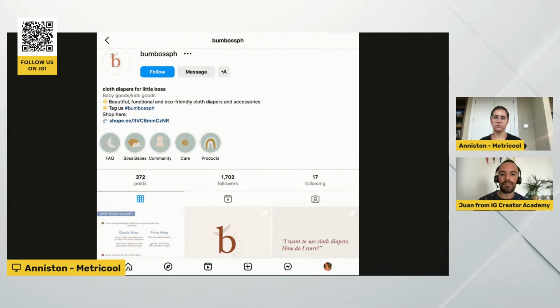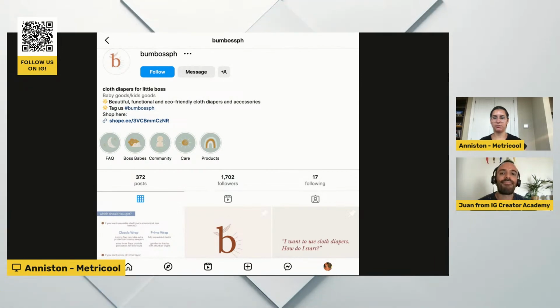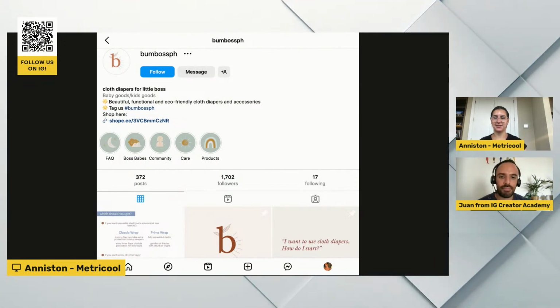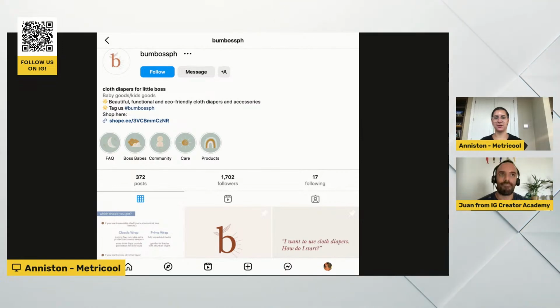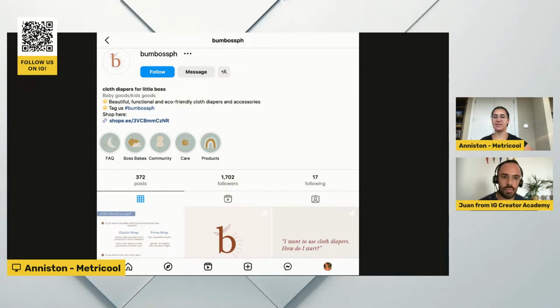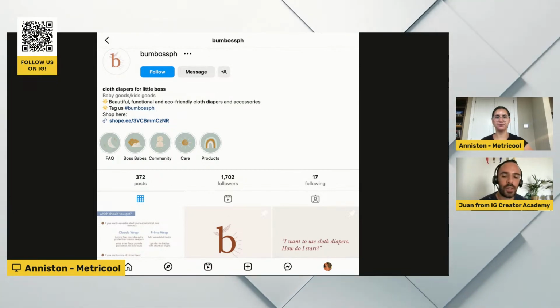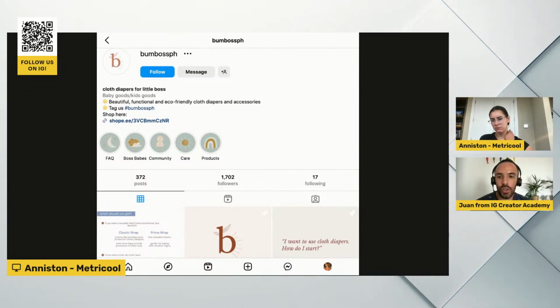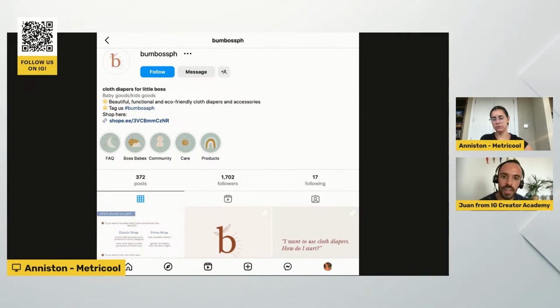And I think really emphasizing the eco-friendly aspect of it is going to help you stand out and show your unique business proposal: okay, we're not just a regular diaper company, we actually created this as a more eco-friendly option. So I think emphasizing that would be important. Absolutely, that's one of your unique selling points, and talk more about it. Like, what products do you use?